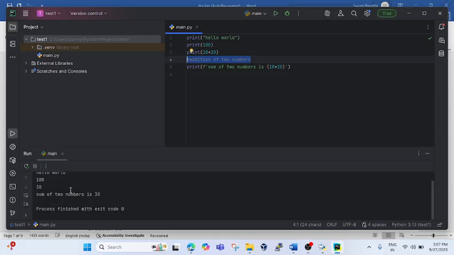You can see here, it will ignore this line without giving any error. So this is a single line comment. But now if you have to do a multiple line comment, in that case what you can do, let's say